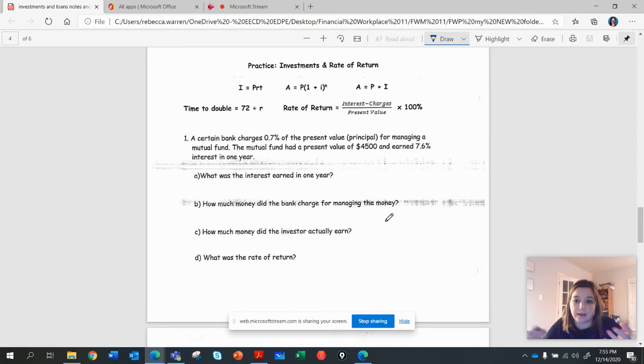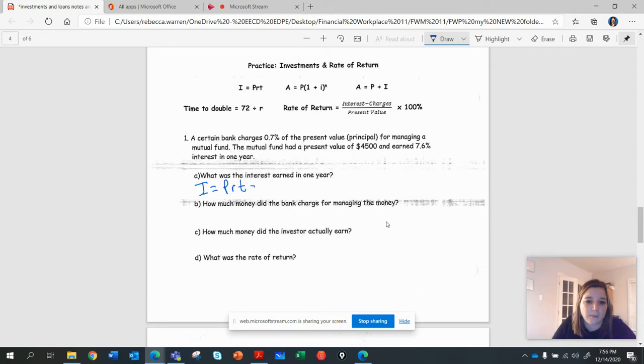So, as I said, when we're calculating the interest on these investments, you are going to use either the simple interest formula or the compound interest formula. We've reviewed both. And basically, the way that you know which of the two you're going to use is if it doesn't say the word compounded, you're not going to use the compound interest formula. So nowhere in here does it say compounded. So we are just using the simple interest formula. So that is our I equals PRT. We don't need the triangle that I showed you guys for this because the triangle only helps you when rearranging the formula. We're just looking for the interest, which means we could just use this very simple I equals